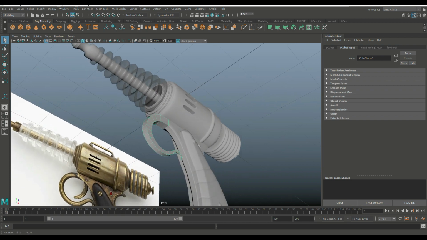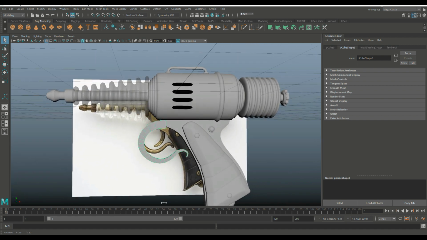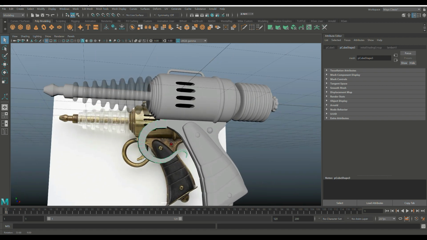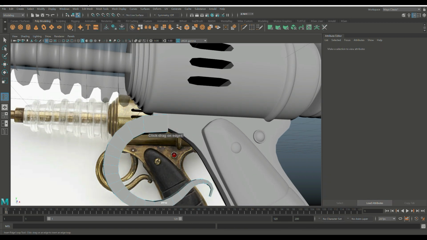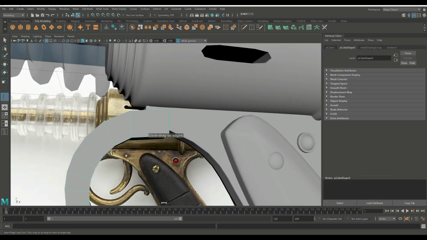So what we're going to do here, and I kind of thought this guy would be a bit longer, but we'll sort that, is we're going to hit 3, which will make it nice and round. Okay. Now we're going to want to go back. I want to have an edge at the end here. So let's go in and do that